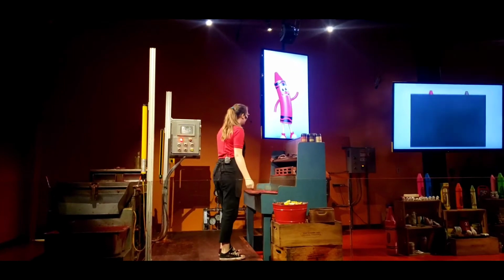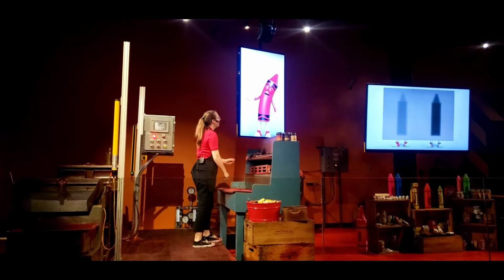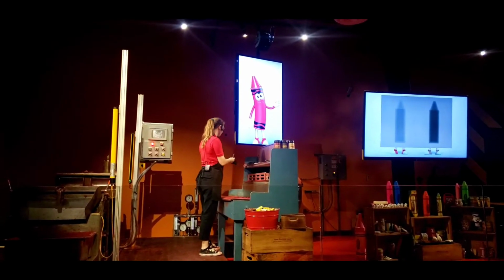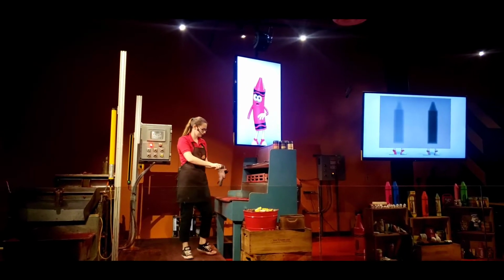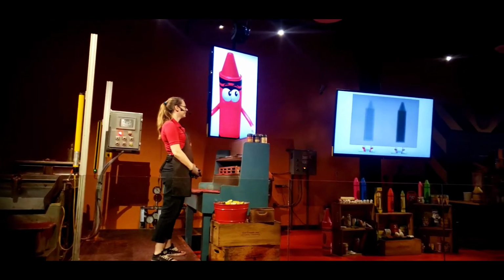Hey, Scarlet! Check this out. This is an X-ray of me and Cousin Brown. Oh, neat. He has a lot more pigments in his color, so he shows up a lot darker. Cool. So where do you order crayons